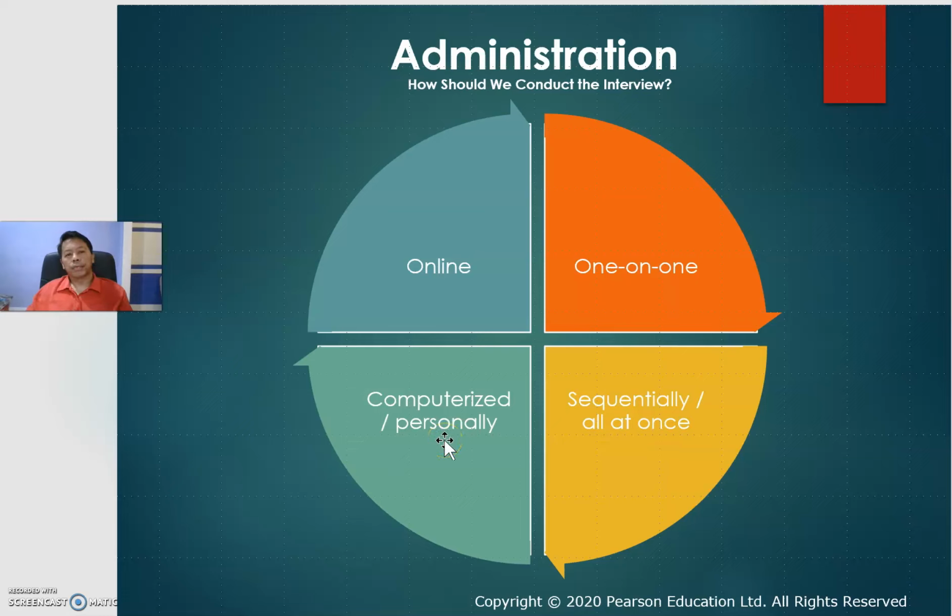Computerized refers to the candidates having to fill up the form through computers, and online is the case whereby the candidates converse with the interviewer through an online system.